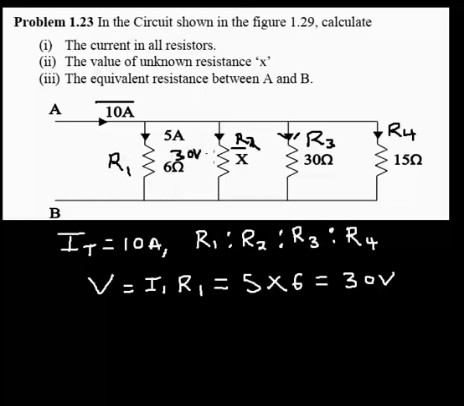And it happens that R1 is in parallel with every other branch. The question is for me to get the value of X. So I need to get that value of X before I can now apply the current divider. Remember, this current divides among these 4 resistors in ratios. So first of all, I need to get the resistor in the second branch. So the resistor X, which of course I call R2 in my second branch, is going to be equal to the voltage V2 divided by